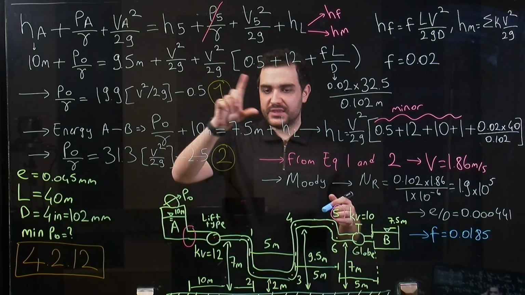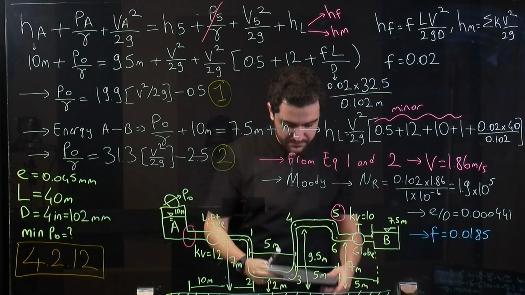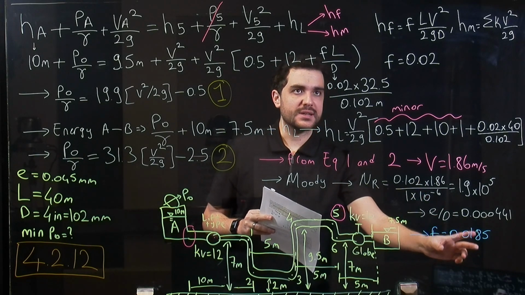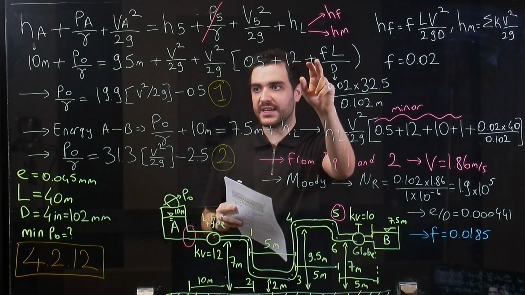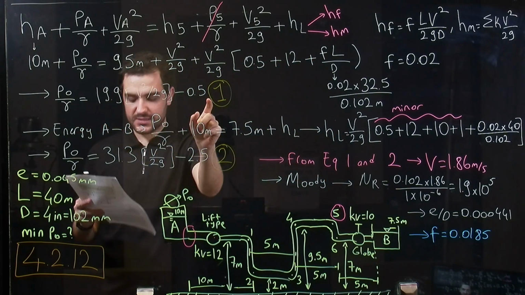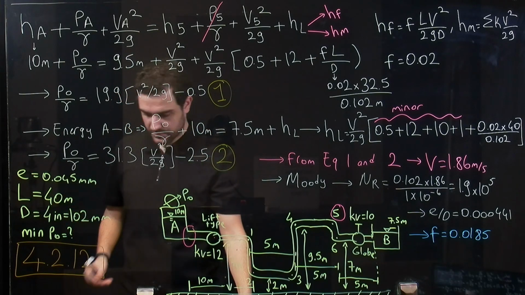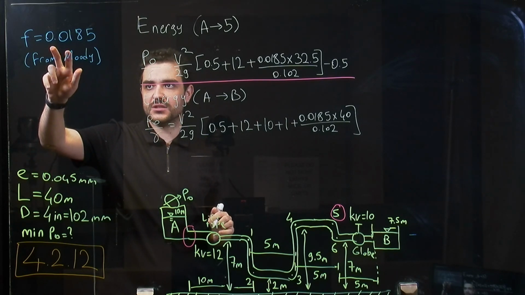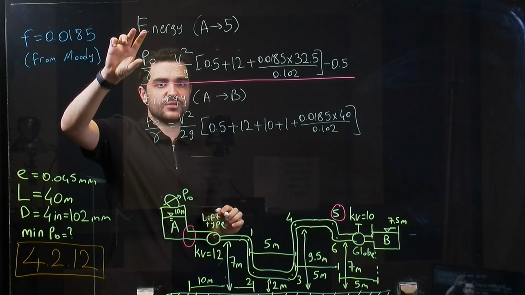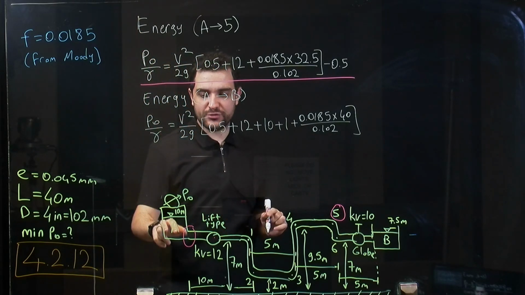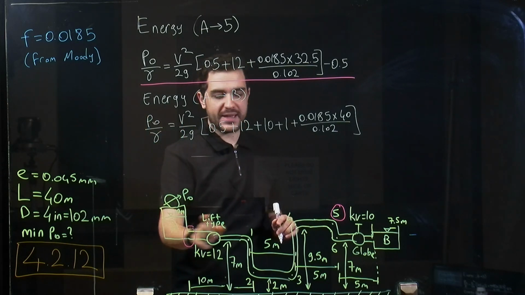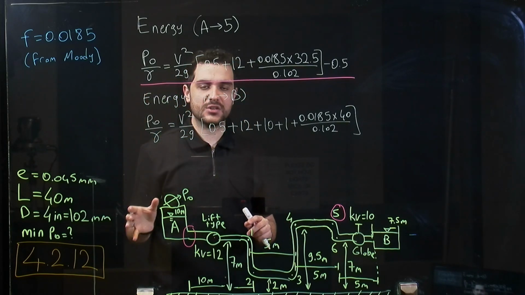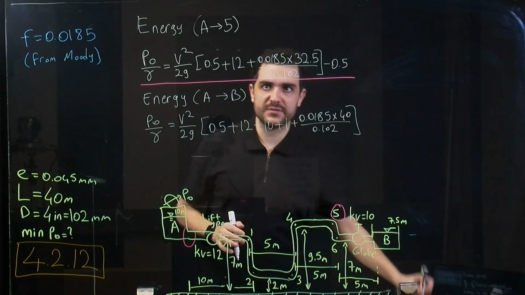And I will continue with the clean screen, and we will continue from the friction factor here, and we will use that value in the actual equations here so that we can get new equations, equation 1 and equation 2. Let's keep going with this clean screen. So we calculated the friction factor from the Moody diagram. So we had two main equations, which is the energy equation from point A to 5 and also from A to B. The only difference between these equations and the previous equations is that we just changed the friction factor here,